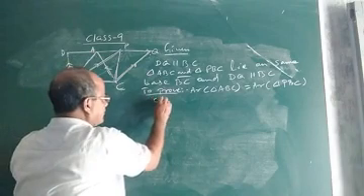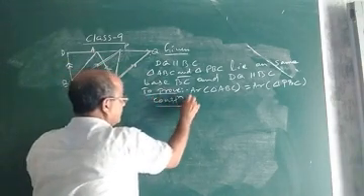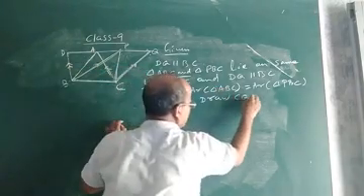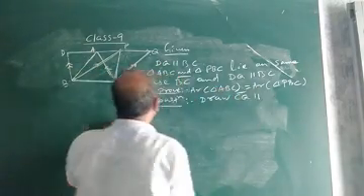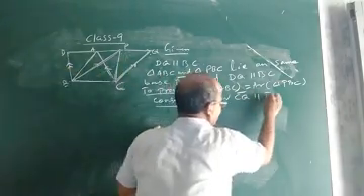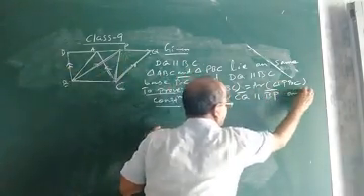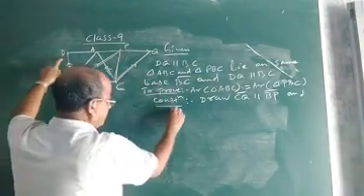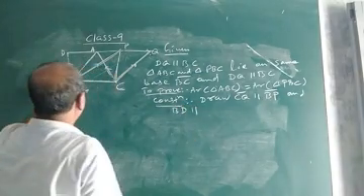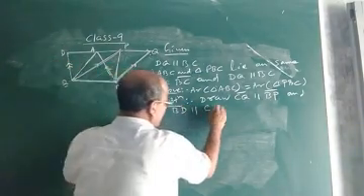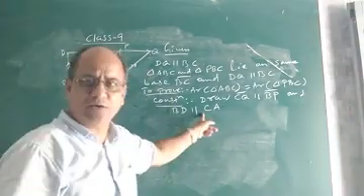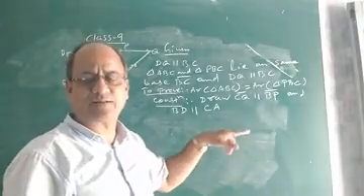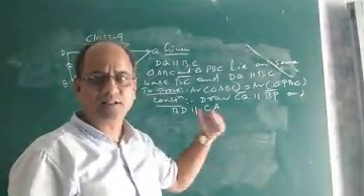Okay. So write down the construction. Draw CQ parallel to BP and BD parallel to CA. These are the two things you need to construct. Otherwise, it is not possible to prove this geometrical truth that if two triangles stand on the same base and between the same parallels, they will be equal in area.